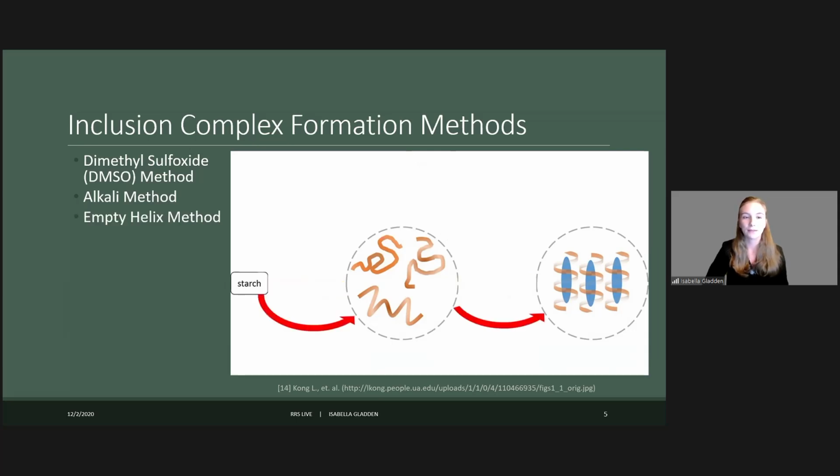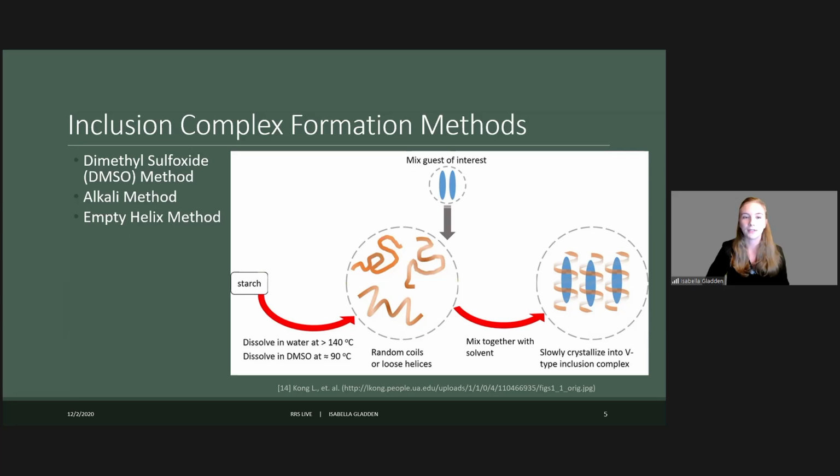Finally, the last method we are using is the empty helix method. In this method, starch is either dissolved in water and heated to about 140 degrees Celsius, or dissolved in DMSO and then heated. Then ethanol is added to the samples before the starch is once again washed with ethanol and dried. So in this case,